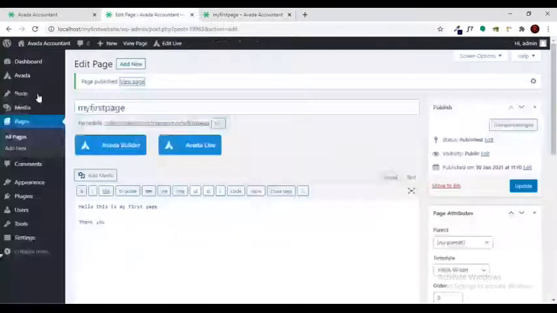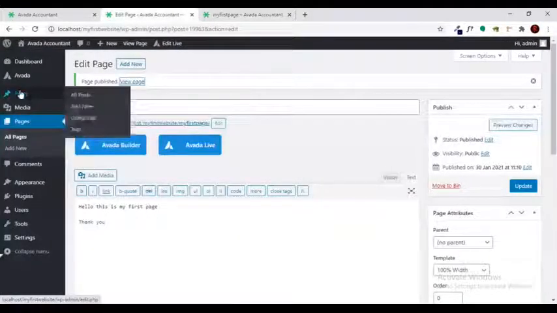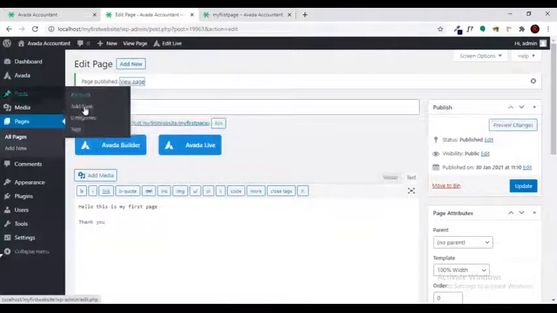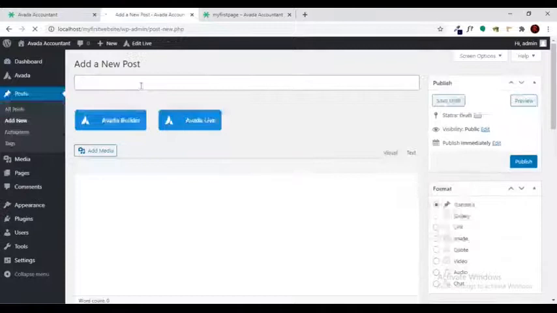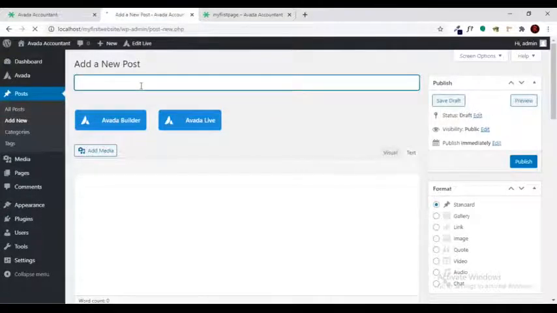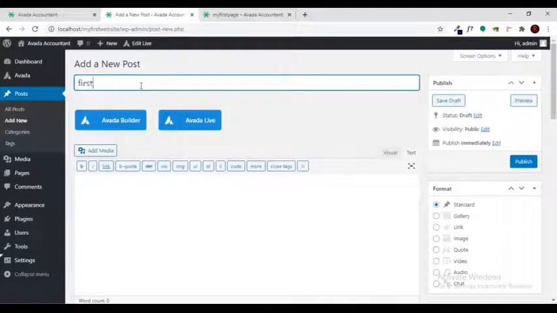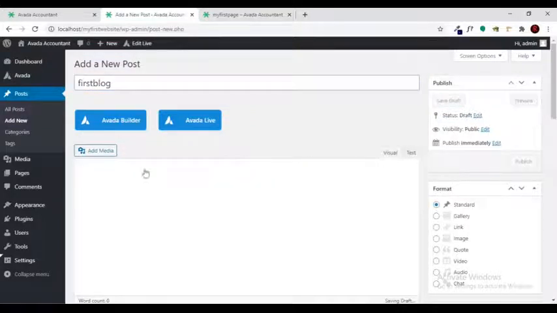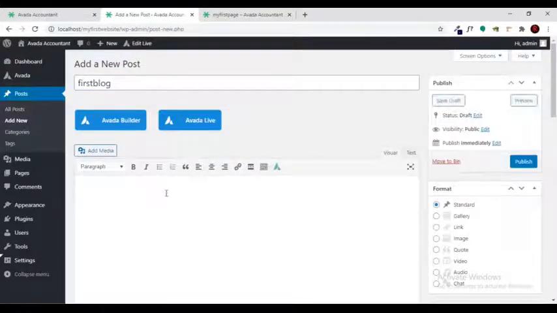Now we are going to create a post, or we can say a blog. Here you can see the Posts part. Just click on Add New. It is the same process as the page we have created. For creating a post, you just need to enter a name here. Then, the same way, you can click on the visual part so that you can see more options.